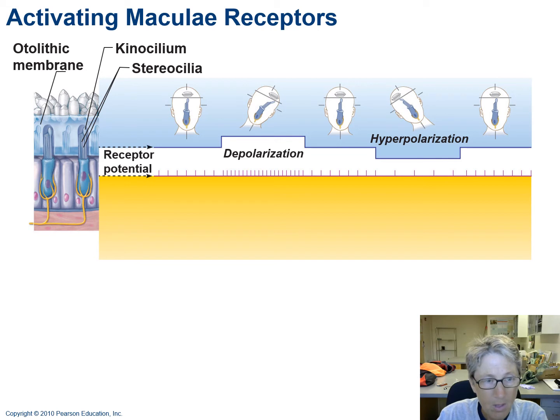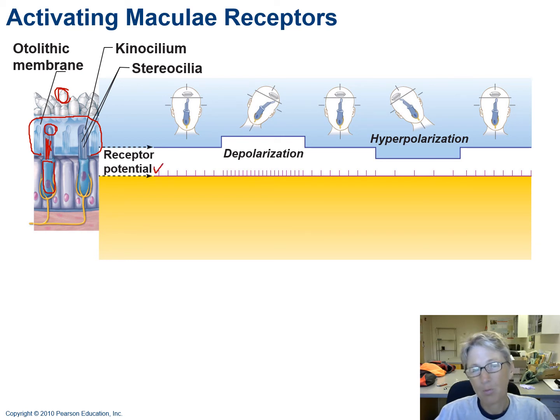So here's our hero, the otolithic membrane, and the otoliths, those crystals. Here's our hair cell with its stereocilia. Here's the kinocilium. So this is all embedded. The stereocilia and kinocilium are embedded in the otolithic membrane. And then it says here what it's telling you in this part of the cartoon,